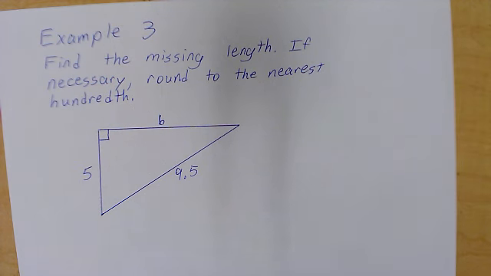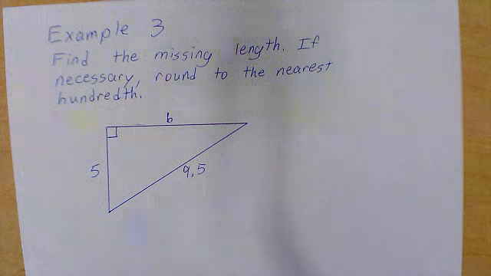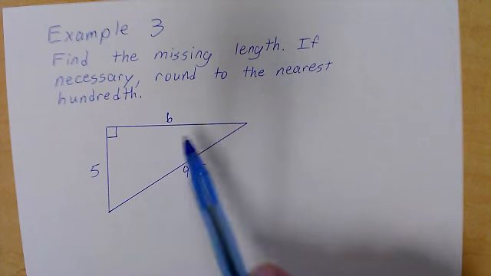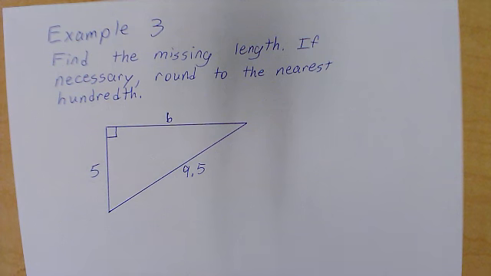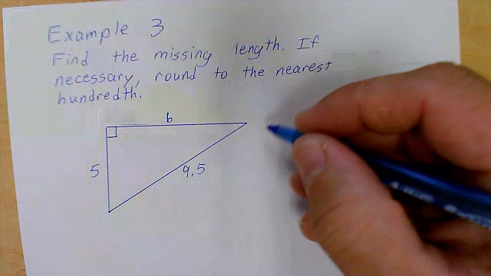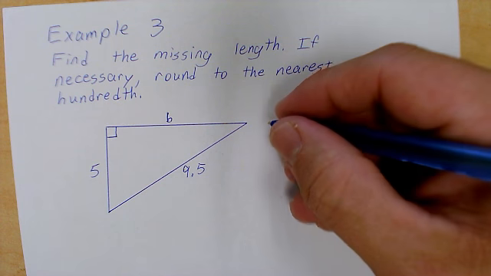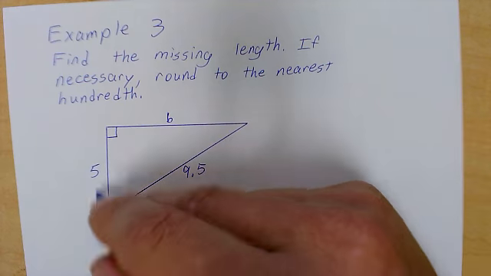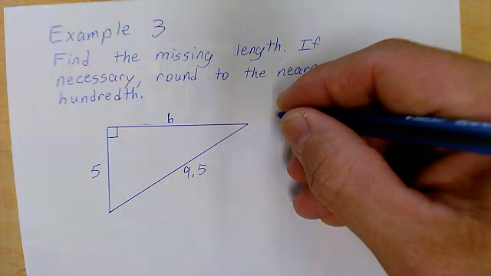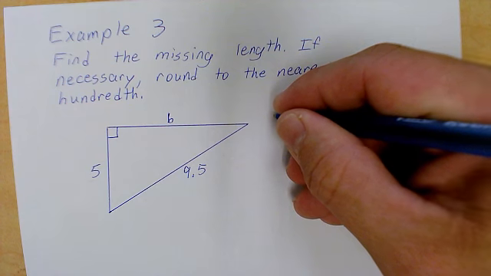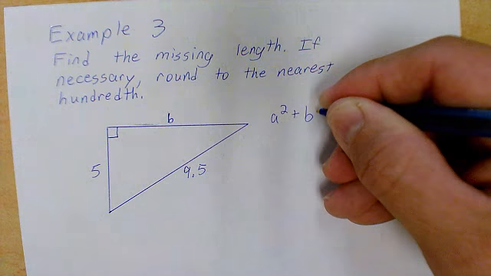Alright, next thing I'm going to do is identify what I'm doing. As I've already said, this is actually a Pythagorean theorem problem. So as I look around this triangle, there's no mention of any angles. That's my first cue that I'm actually doing Pythagorean theorem. Secondly, you'll use Pythagorean theorem when you already know 2 sides and you're looking for the third side. That's the cue that you're using Pythagorean theorem. So I'm going to go ahead and write down a squared plus b squared